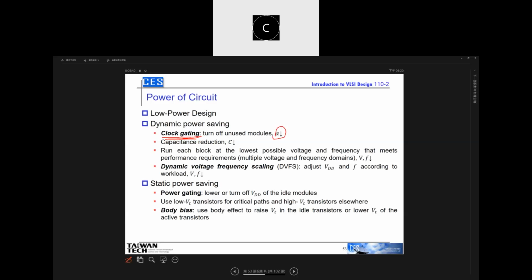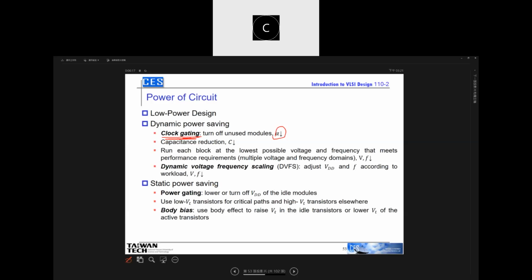So the idea of clock gating is like this, because especially in the sequential circuit in a modern electronic system, we definitely have the clock. For example, we send the clock to devices like flip-flops, or we can say registers, and this clock toggles from 1 to 0 and 0 to 1, right? So the toggling of this clock from 1 to 0 or 0 to 1 consumes power. Okay, so the idea of the clock gating is